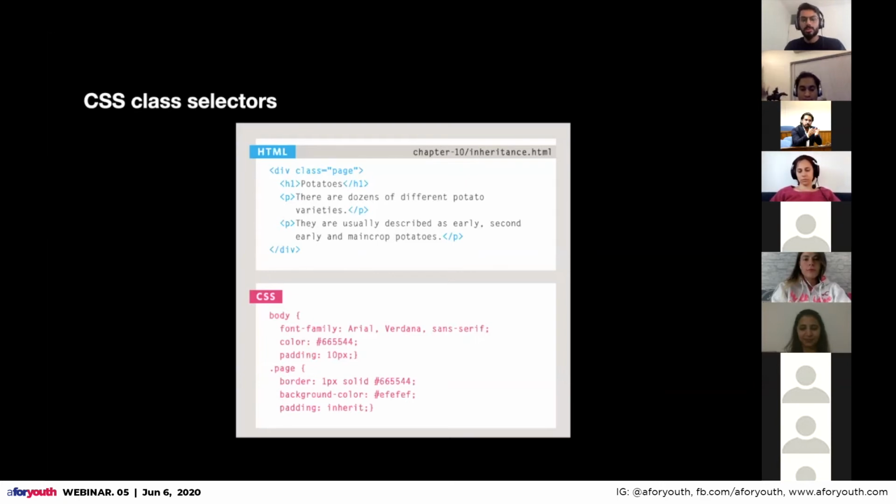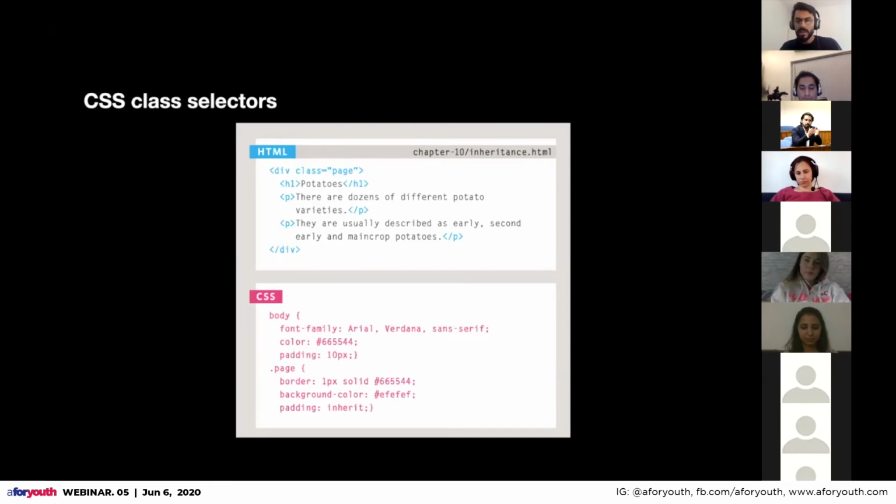So we added a class to div. A class is another attribute. It is like a name of the element, like a class name. We use the class names to point to that tag in CSS files. In CSS files, you can use simple tag names like body and p and h1.